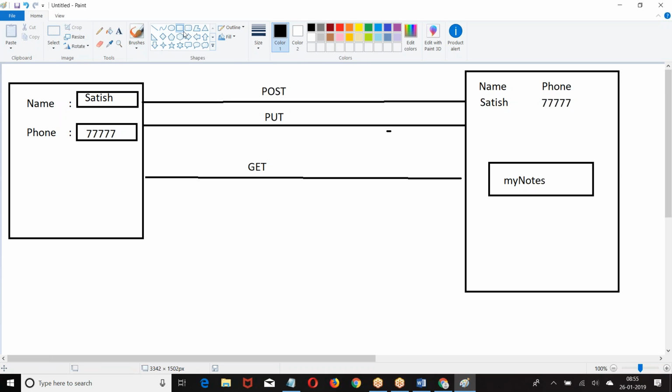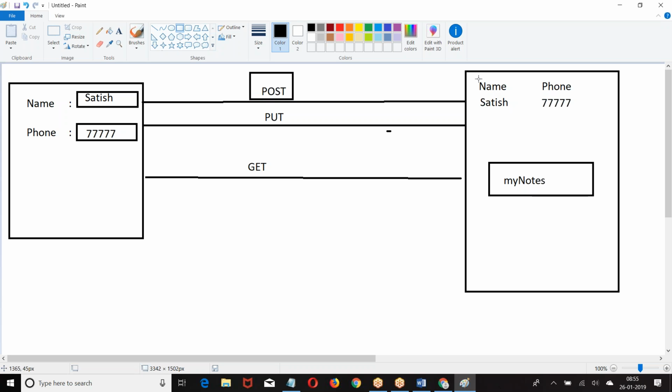But generally what I do, I always prefer to use post. We generally don't use put much. We'll use post only for replacing the content also. But theoretically speaking, if you want to replace any content in the server, we go for put. But practically we go with the post only.